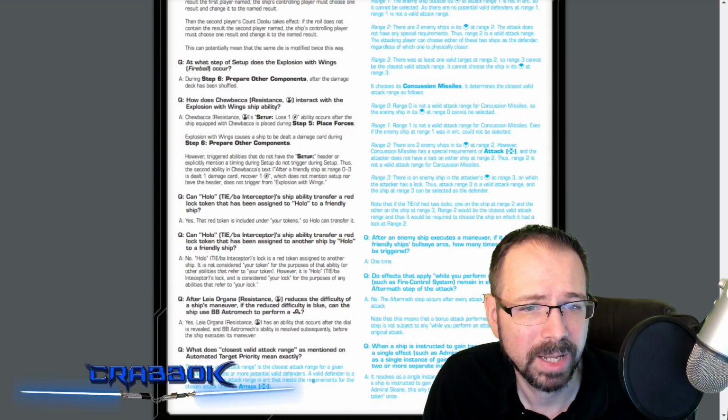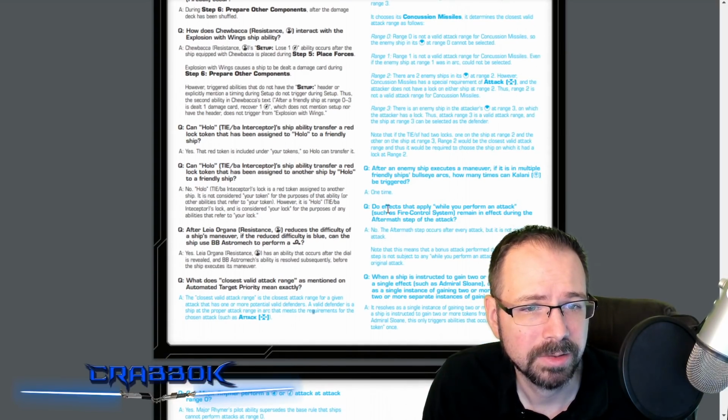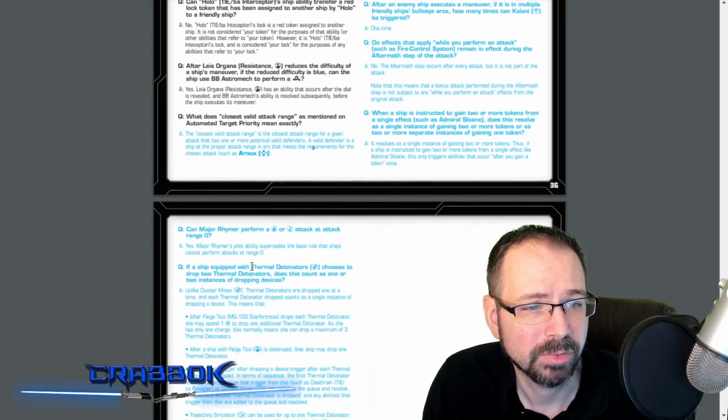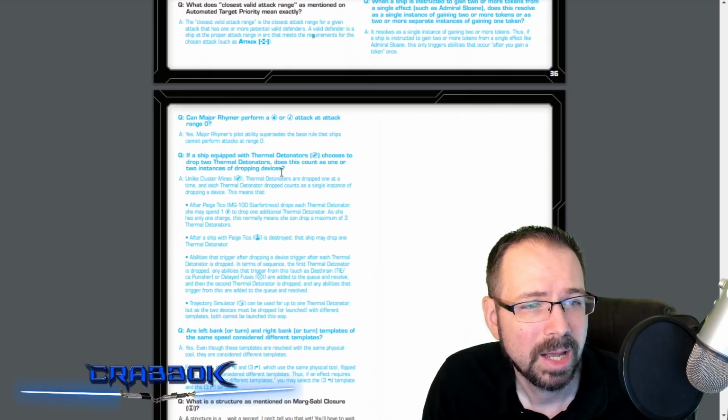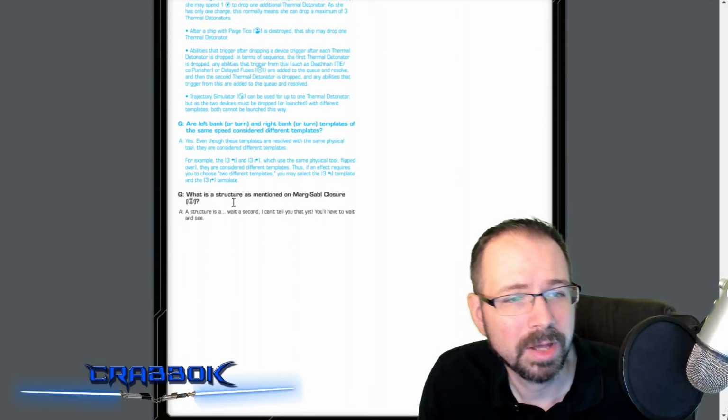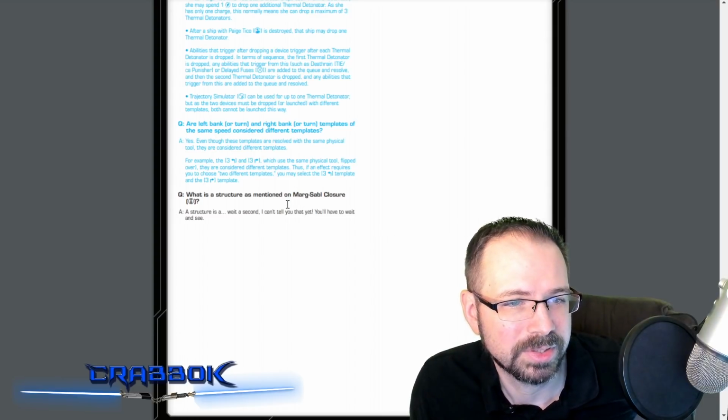Let's see, they're talking about Kalani. There's a lot of extra FAQ questions and systems here. Major Rhymer can attack at range 0. Thermal detonators. The funny one, that this was not a new one, but I always thought it was funny about